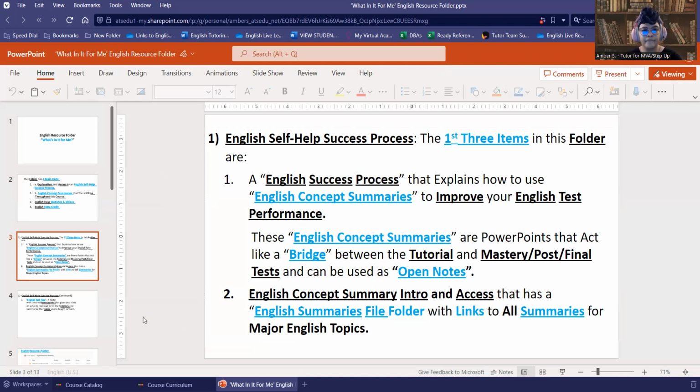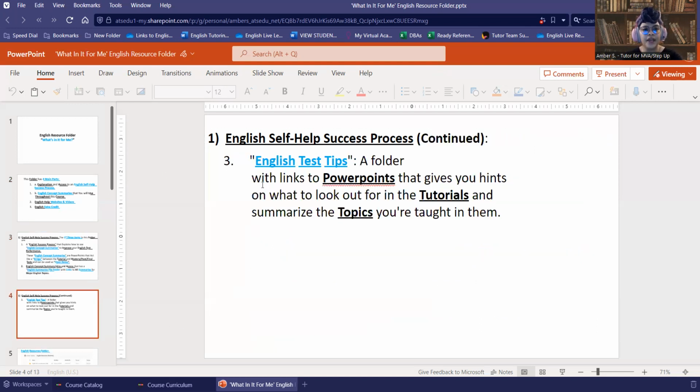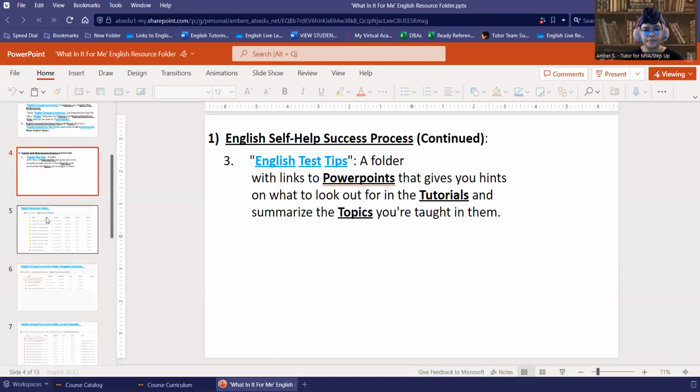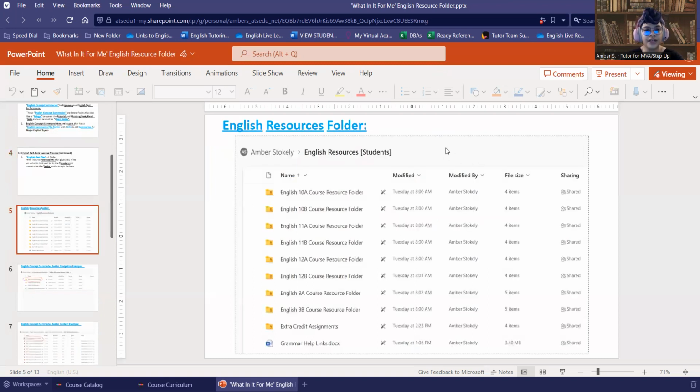Then next, we have English test tips. These are also things that show up in the folder. These basically give you 1-slide summaries of what you should focus on. So if you want a hint on what to focus on for the class, you can look at these test tips. Here's screenshots of what the resources folder looks like, just to give you an example in case